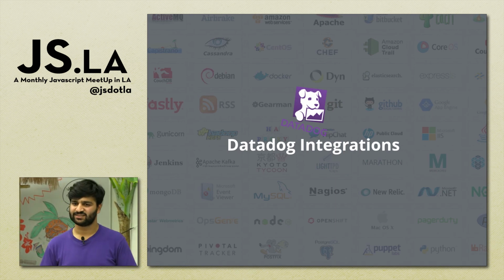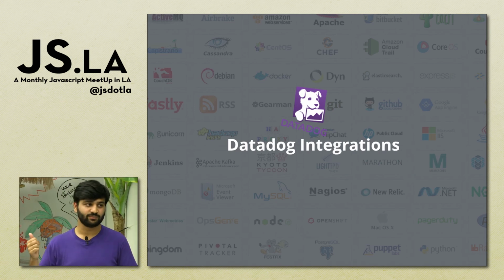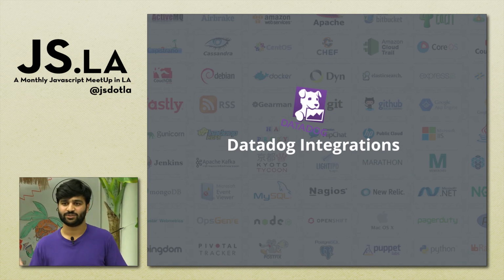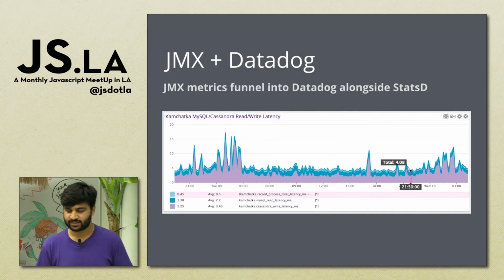So they've got a bunch of integrations, and StatsD obviously isn't the only way to monitor your stuff. You've got all these other things that you're using, like event streams, for example GitHub deployments or GitHub issues that are opened, or New Relic for monitoring, Chef for configuring. And then you've got other services too, like MySQL and Cassandra and Solr and all these things that are just up and running that have their own sort of metric systems. Datadog makes it really easy to consolidate all this heterogeneous community of metrics into one dashboard. So we did a test run a couple of months ago with Cassandra, and basically Datadog managed to pull